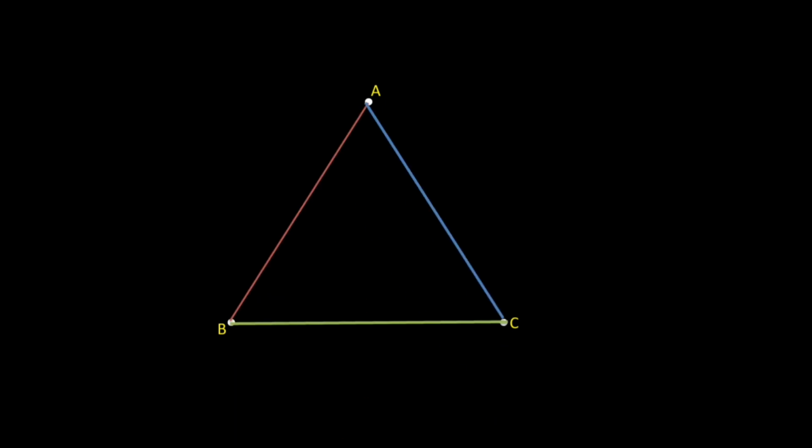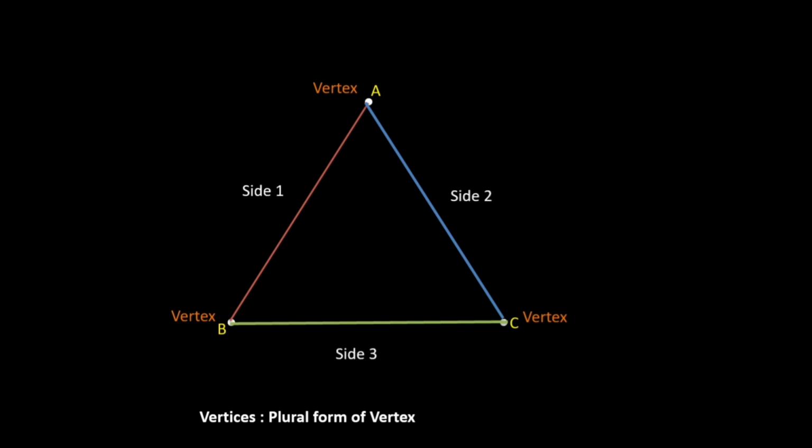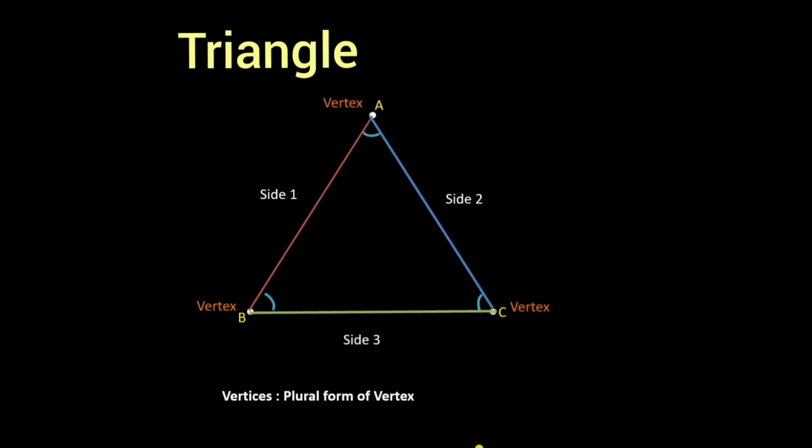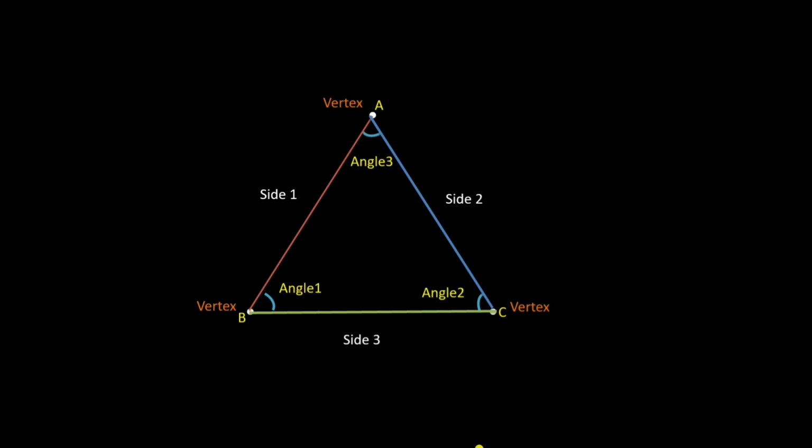Observe here, there are 3 non-collinear points. When you join them together, it forms a shape, and these points are called vertices. That means if a shape has 3 sides and they form 3 angles, then it is called a triangle. Now we are familiar with the shape of a triangle, right? So let us learn how to name this triangle.